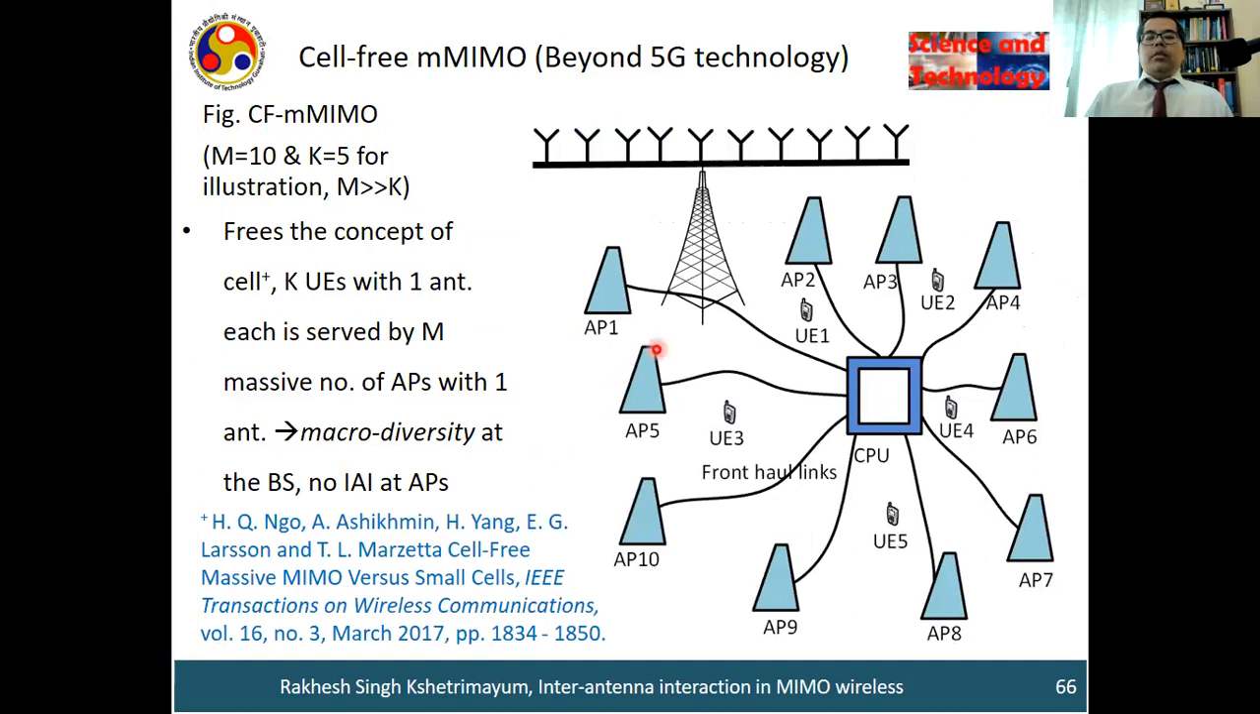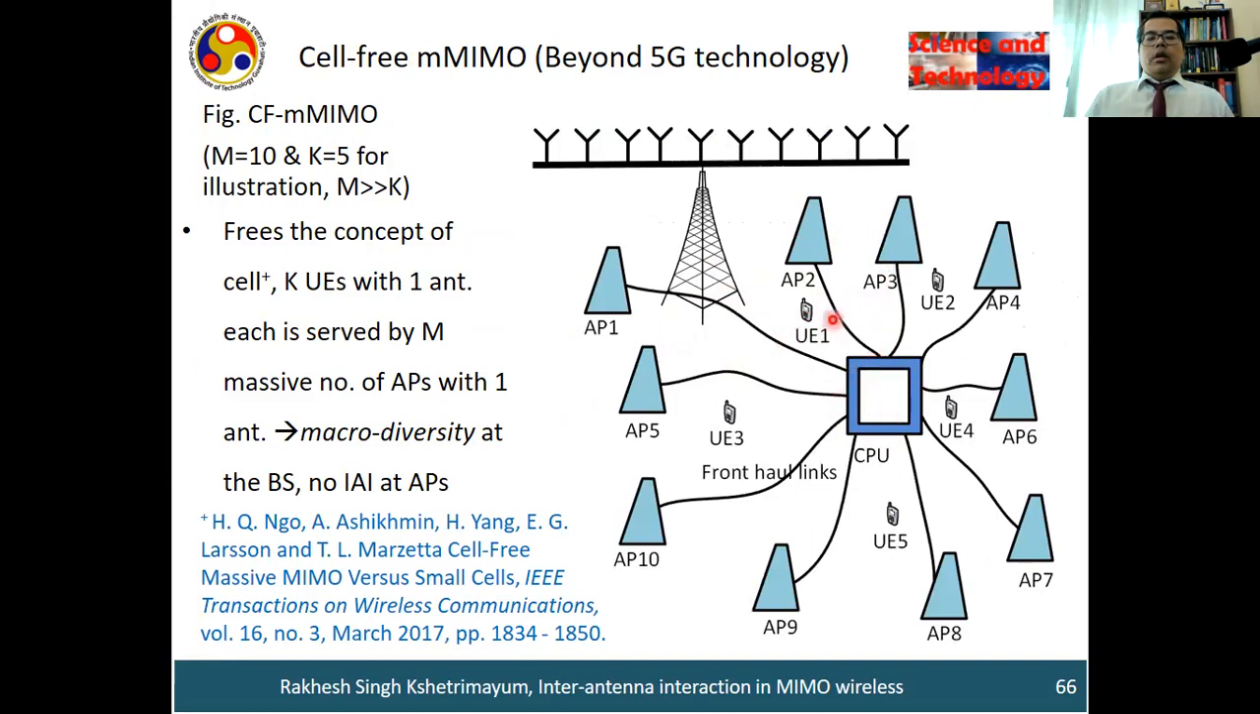In the cell-free massive MIMO, the concept of cell is completely eradicated. There is no cell. So every user is surrounded by many access points. So the user will be getting the best performance from nearby access points. So there is nothing like cells. The whole geographical area is surrounded by many access points which are connected to the CPU, which will do all